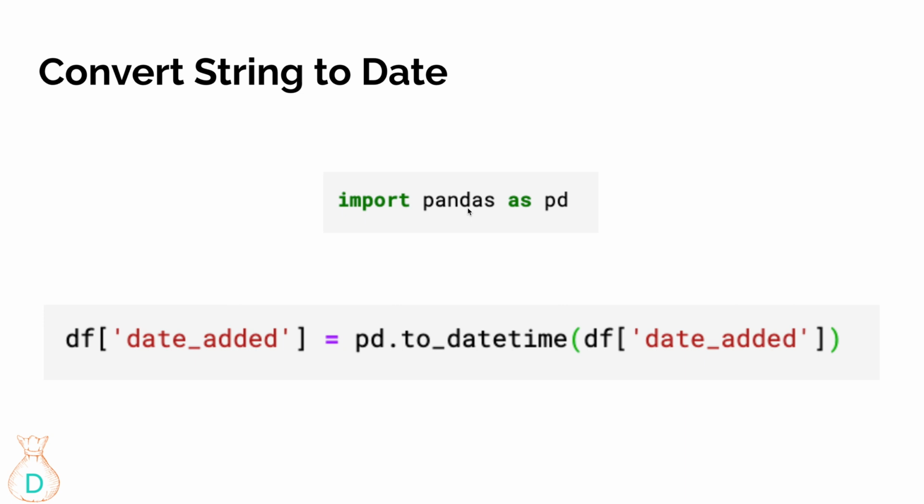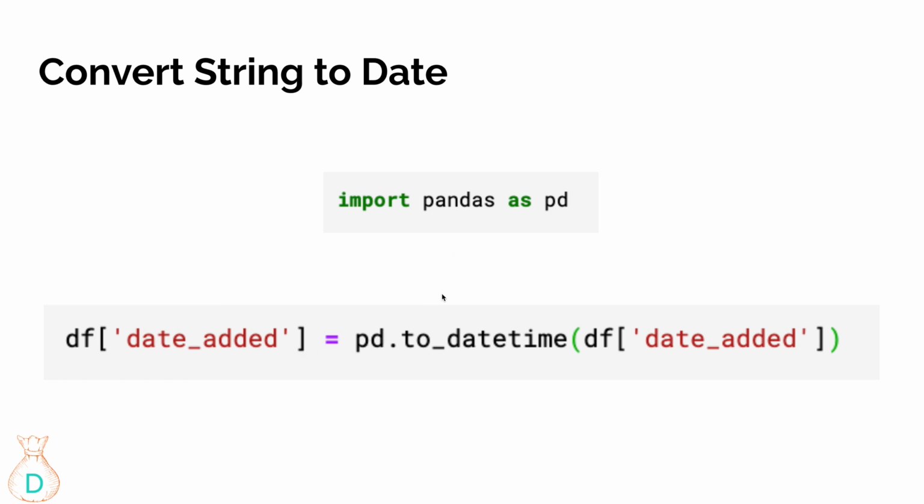So here we're going to import a pandas package first. It's a very commonly used data science package, so make sure you learn about it. What we're doing here is overriding the date added column itself, so we're not creating an additional column, and that's why we have to call the exact same name as the column name itself right now. And so we're gonna call df bracket date added